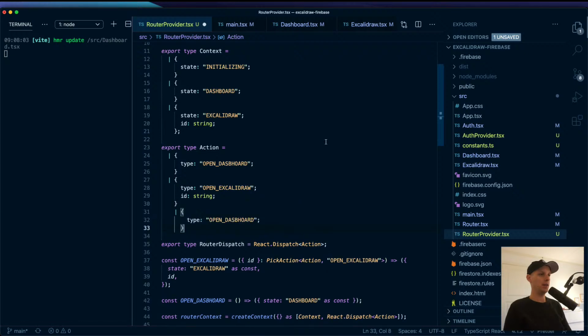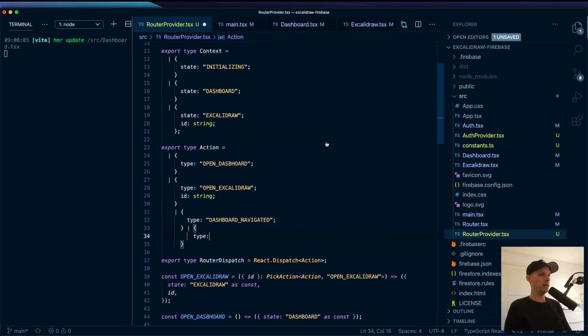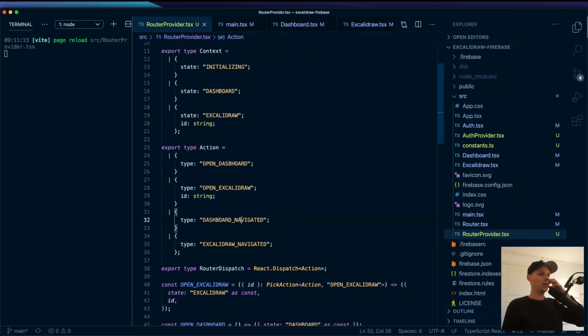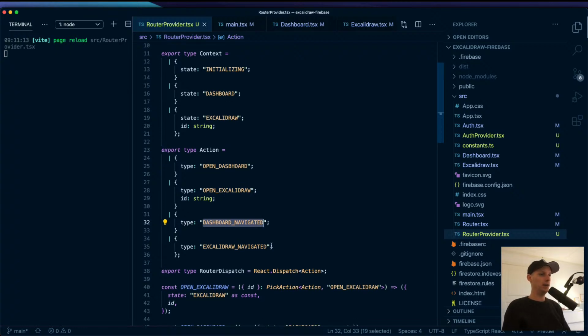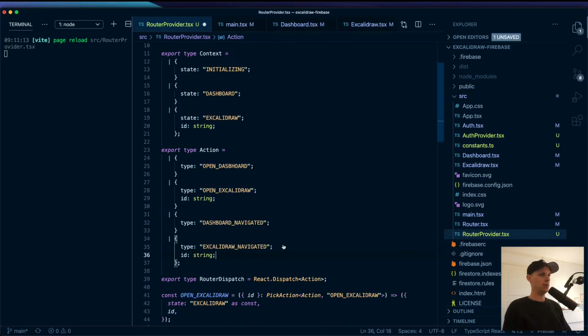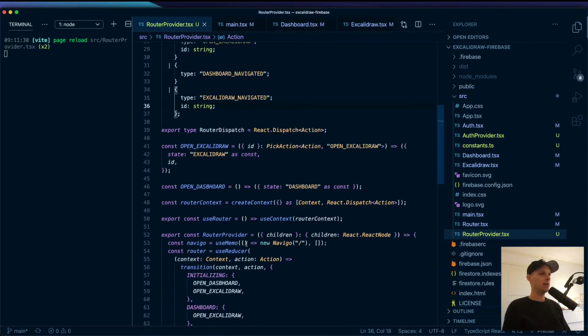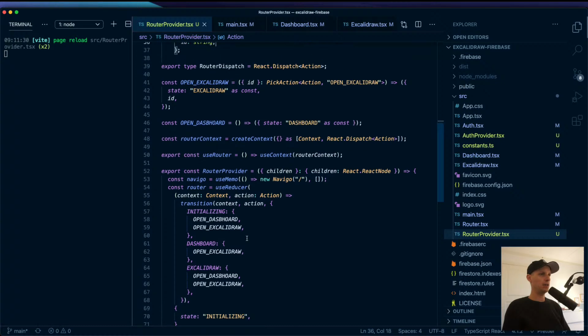So what we have to add here is dashboard navigated. And we need to add Excalidraw navigated. So this is what happens. So this is the user requesting something, or this is the event from the user, and this is the event from the router actually doing the navigation. And here it needs a string as well. And then what we actually have to do here is